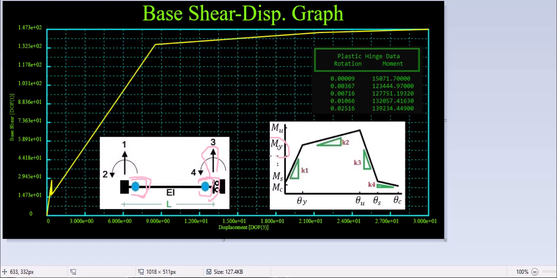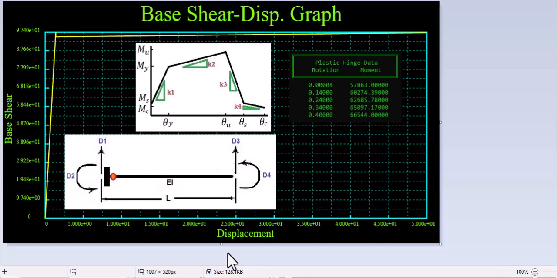You see that, guys, we run it in C++ programming, and at the end we have this shape of pushover moment curve for this example. And in the other example we're going to run the cantilever beam with this shape. In here we also have 4 degrees of freedom, and you see that we have a hinge, defining the moment rotation relations